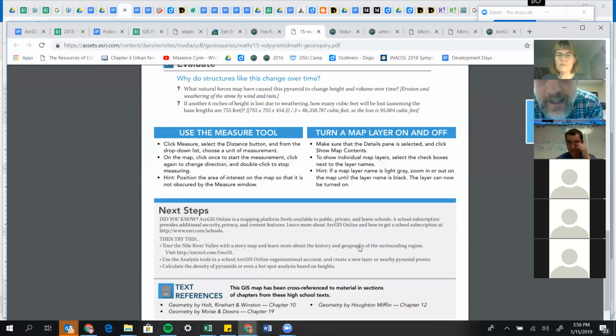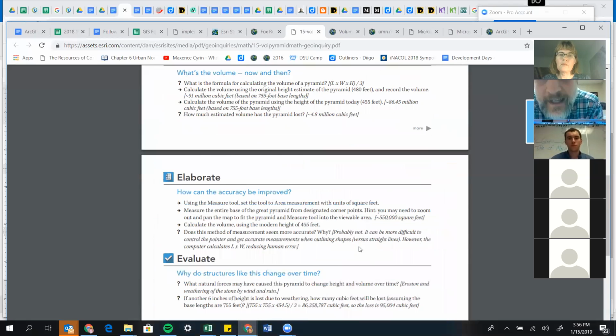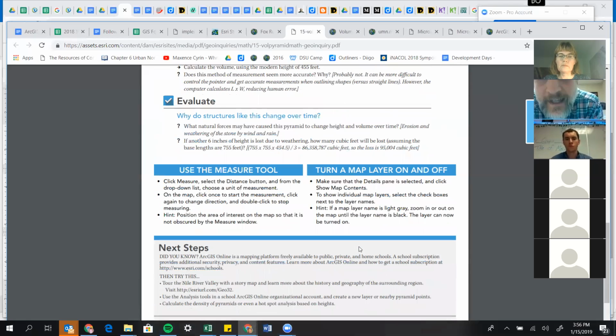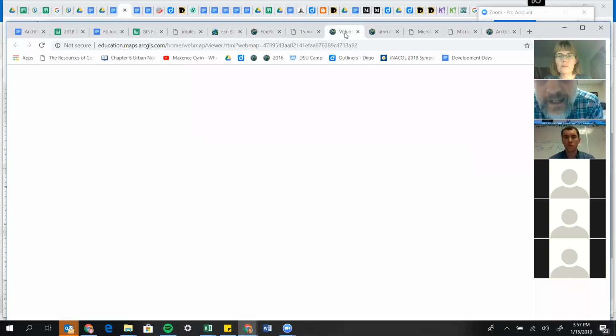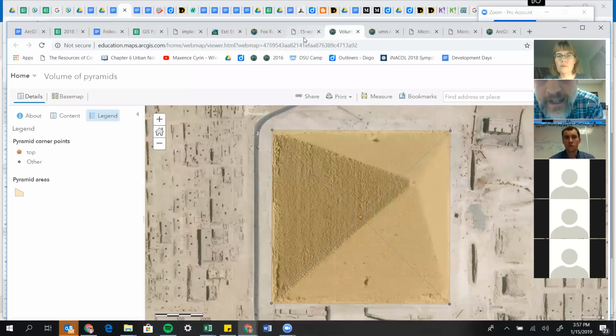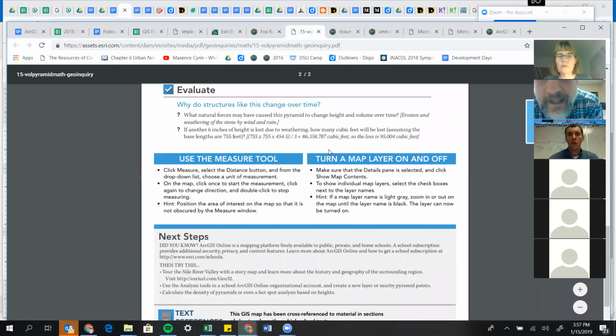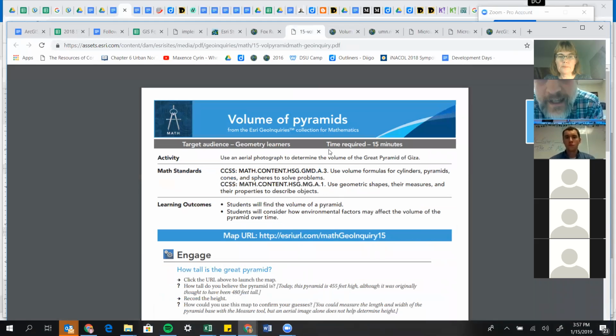I see a lot of great next steps. I see a lot of potential ideas about challenging kids locally, like, all right, well, if that's the volume of the pyramids, what's the volume of this building? I see a lot of different things that you can do with that, and I thought that was pretty exciting for a teacher outside of the traditional geography or social studies classroom. I think they add them all the time. And so we get this magazine that highlights some of their new additions, and I really like this one. I thought they did a good job with it.